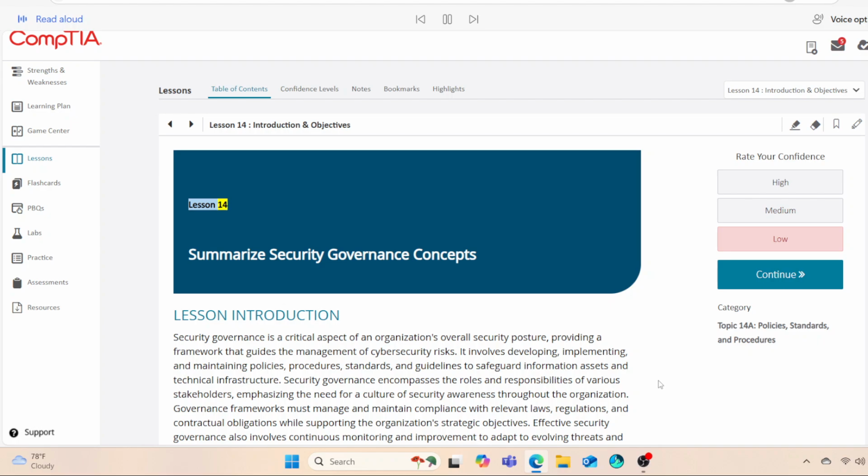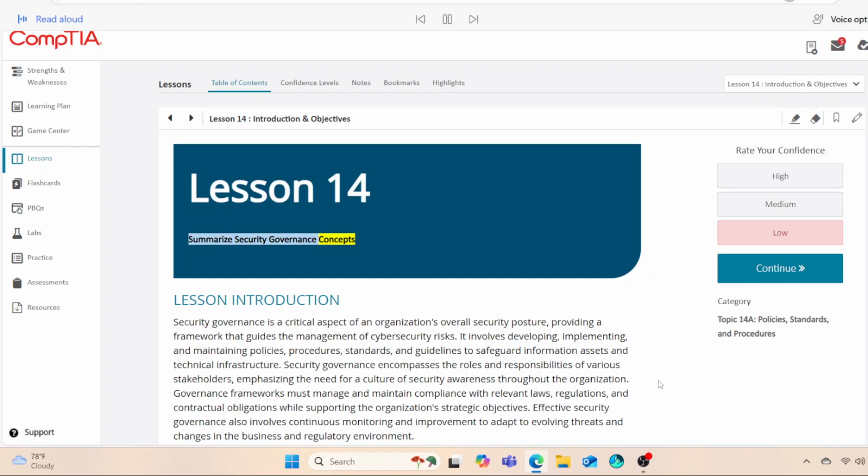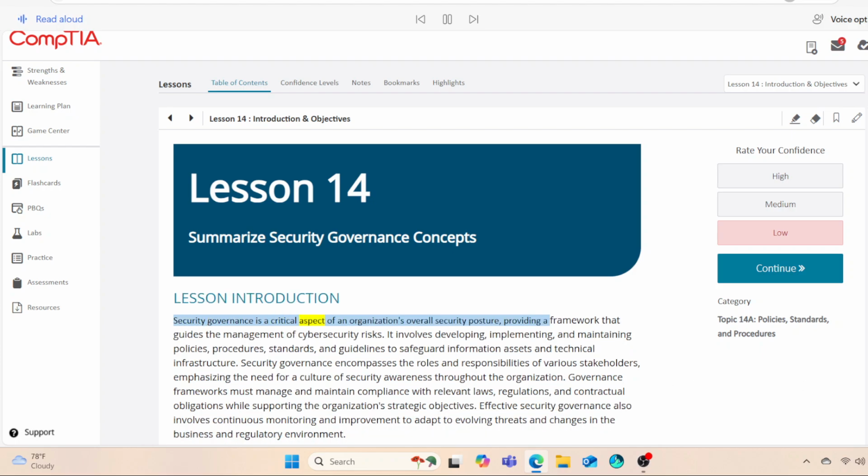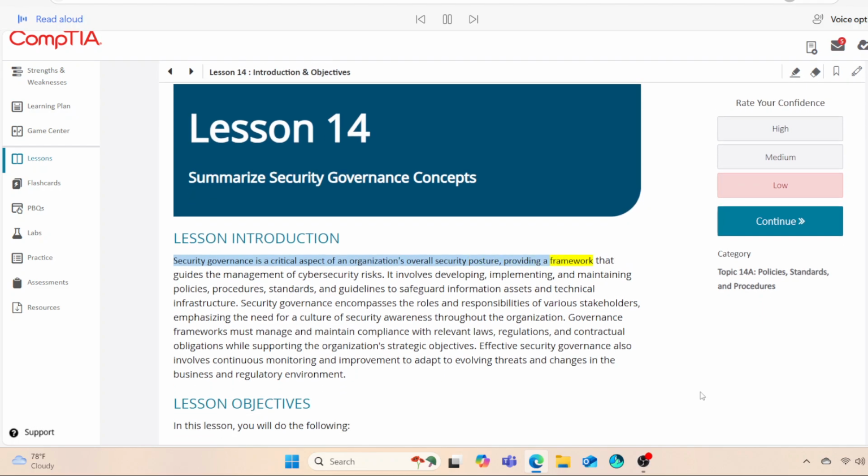Lesson 14. Summarize security governance concepts. Lesson Introduction. Security governance is a critical aspect of an organization's overall security posture, providing a framework that guides the